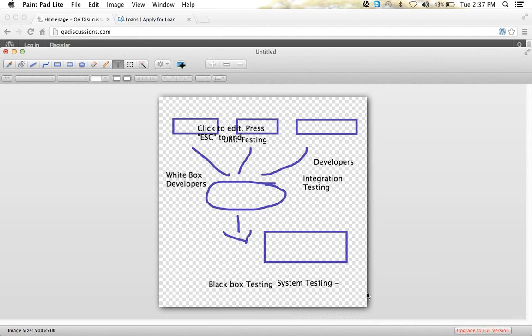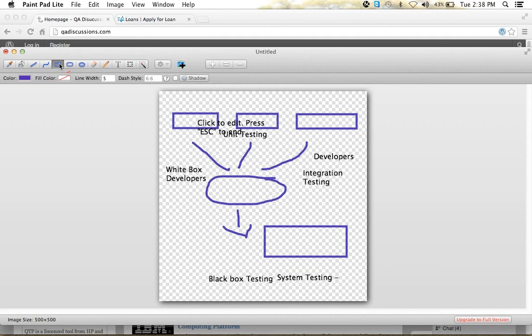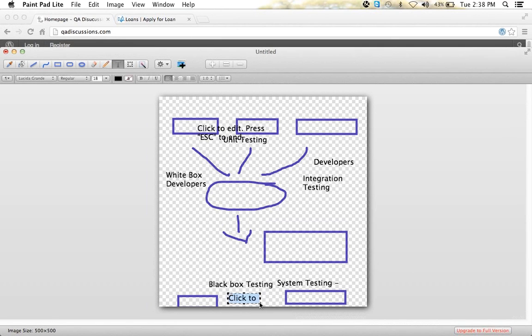And then after system testing, what do we do? Yesterday, as I said, we also do user acceptance testing. So after everything is ready in QA, we'll deliver it into the client's box, right? In the client system also we'll verify. If we do it in the client system, it is called alpha testing, and if we do it on our system, it is called beta testing. So we do user acceptance testing here. User acceptance testing. So these are the different levels.